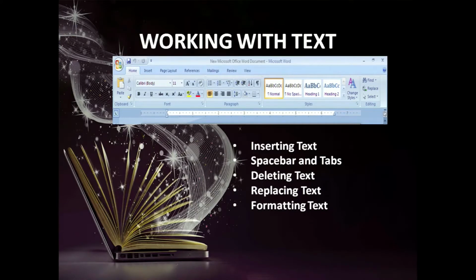So if I want to delete the content from the left of the cursor, I can use the backspace key. I can also use the delete key. The delete key will delete the content on the right side of the cursor. So we can use any one of the keys, or suppose you know a particular word is wrong, you can select that word and press the delete key.